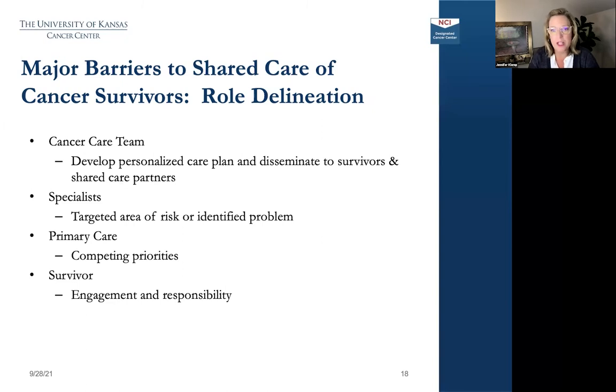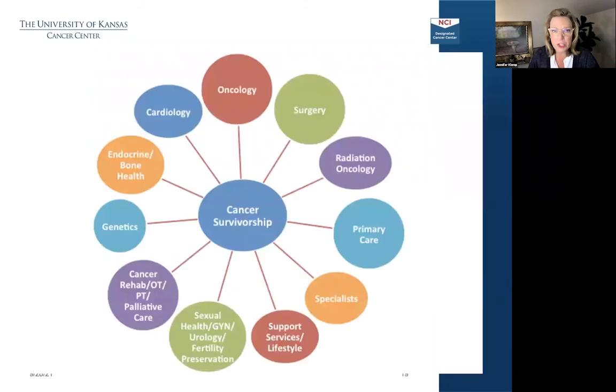And then how do we engage that survivor? That's really an untapped, unutilized part of the care team. And sometimes they have the least amount of skills or the least amount of health literacy tools, but we have to get them engaged because this process works so much better if we have an engaged patient, if we have an engaged caregiver. So it does take a village. It takes all of us understanding our roles, and it doesn't mean that every patient needs every one of these specialists or services, but it means that as part of our program, we need to make sure that we have those resources available to us.